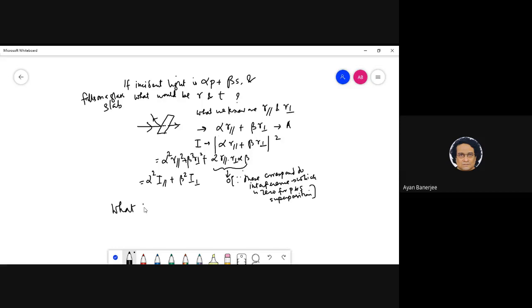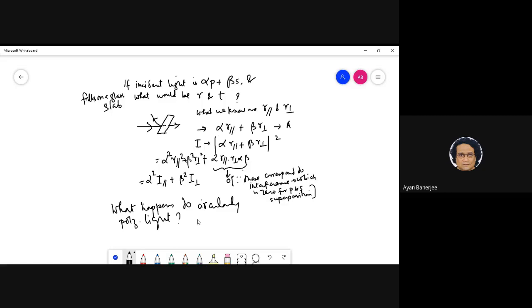That is an equal mixture of S and P, right? So let me write down what happens to circularly polarized light. What does the class feel? There won't be a huge difference. It's just that one of the alpha or beta will be a complex number, basically imaginary, right? Even then, that is amplitude; intensity-wise it is the same.